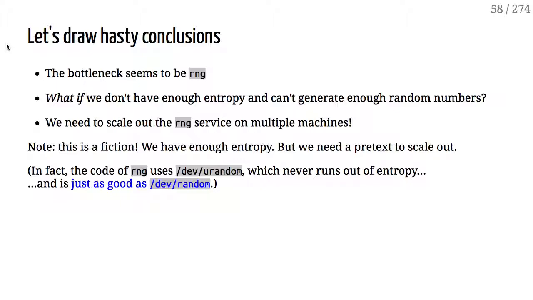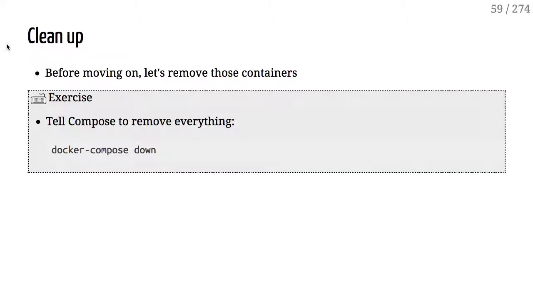That could be a good explanation why our service is stuck. Like, RNG is slow because it's getting bits from the pool, etc. It's a completely fake, excuse my French, bullshit explanation, but we're going to buy it anyway because it gives us a good excuse to scale the cluster.